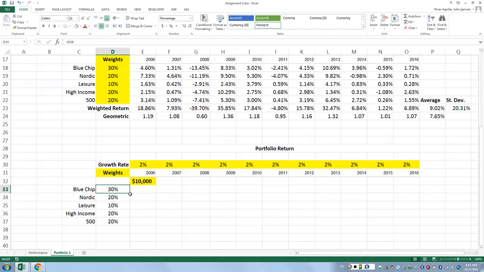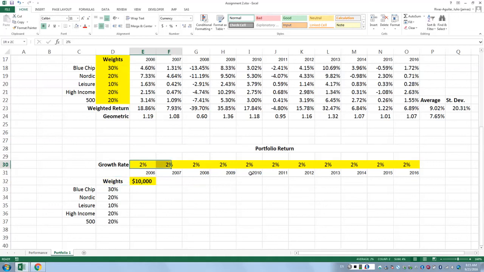We're going to put a formula for the weights so that the weights don't change, right? We want the weights to transfer exactly from the weights that we have here, so that if we change this, it automatically changes here, right? So that's why I'm getting rid of the highlight. So in this new table, what we're changing is how much money we are adding every year, and we're going to be changing this number right here, right? We start with $10,000 at the beginning of 2010.